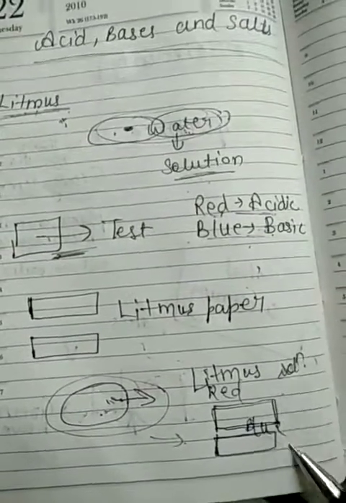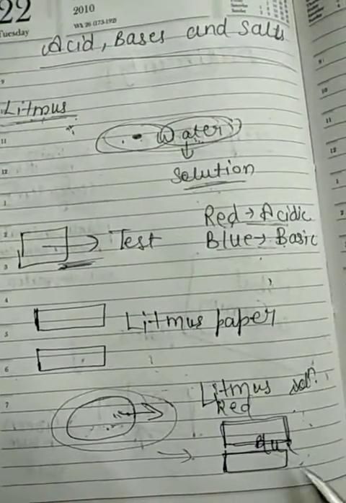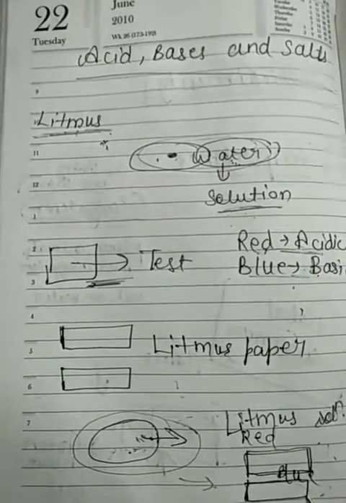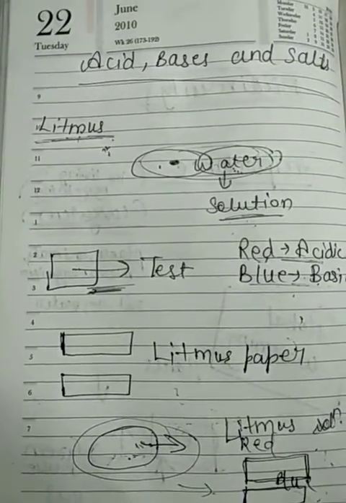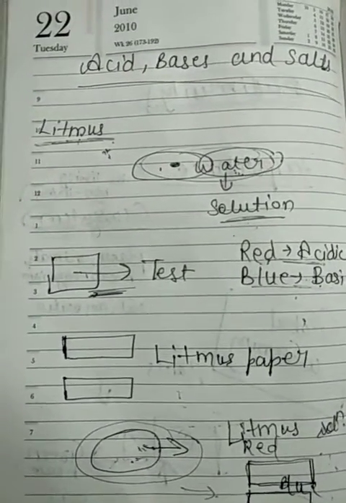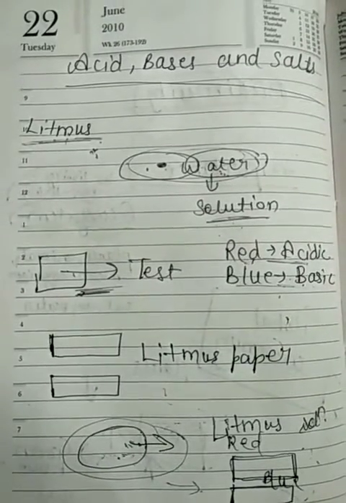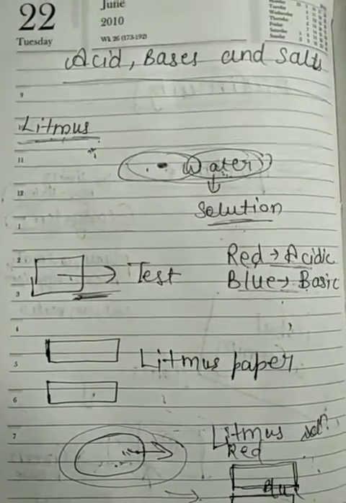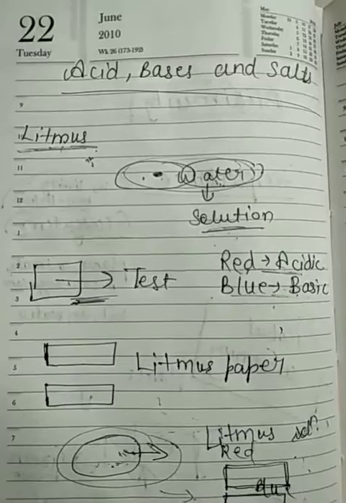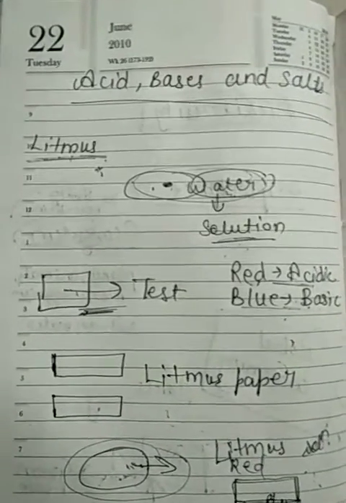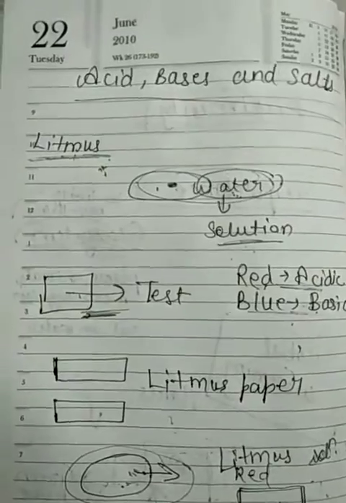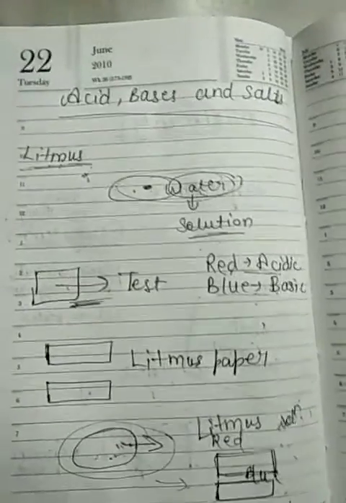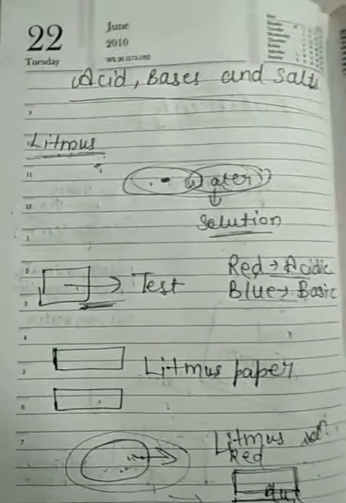So why do we have two different colors of litmus paper? If we only have red litmus paper, it will become difficult to decide which one is acidic, because when the red litmus paper is put inside an acidic solution, it remains red. But if the same red litmus paper is put inside a neutral solution, it also stays red. So deciding whether something is acidic or not becomes difficult for us. That is why we use both colors, red and blue, so we don't have any confusion.